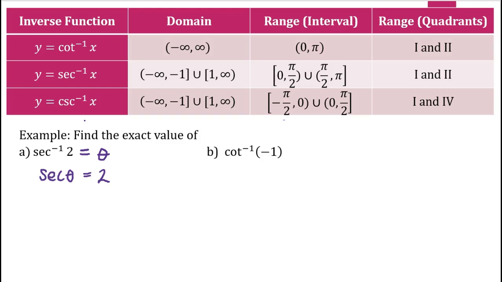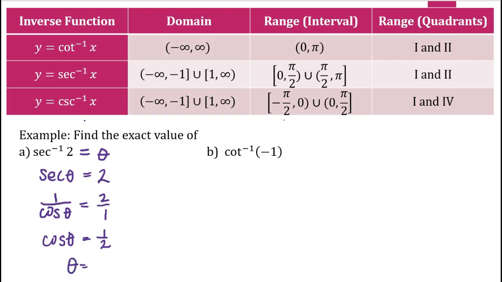And now secant is 1 over cosine. So we couldn't just automatically go to cosine inverse or 1 over cosine inverse, but we can first write secant theta equals 2 and then take the reciprocal. And now we can just flip both sides here to get cosine theta is equal to 1/2, which I'd much rather think about. Cosine of what angle gives me 1/2 instead of secant of what angle gives me 2. I'm more familiar usually with sine, cosine, and tangent. So now that angle for theta,